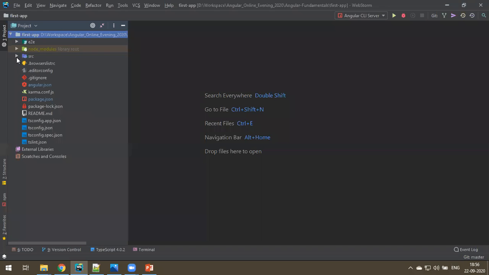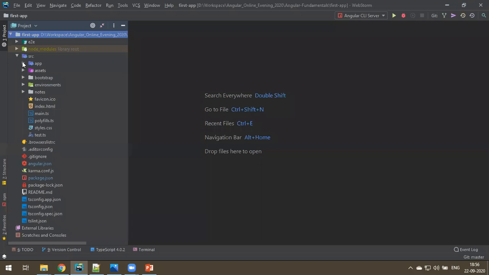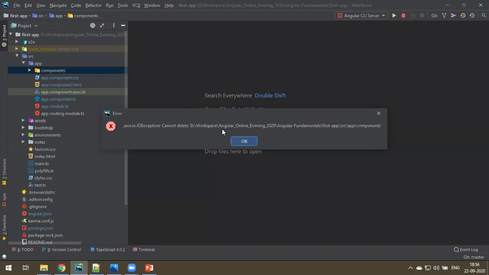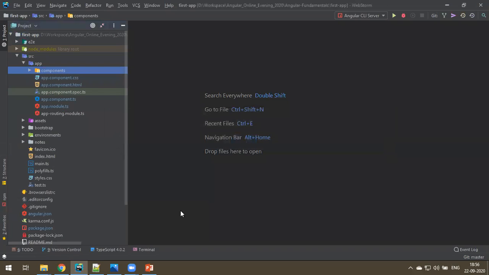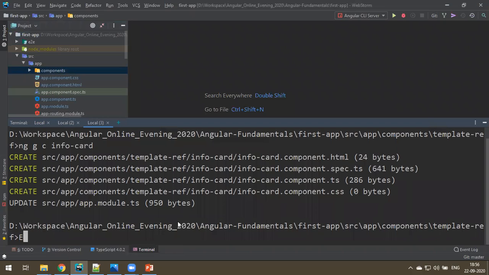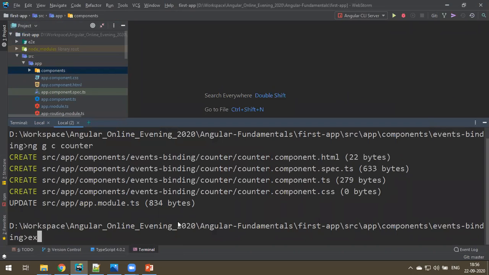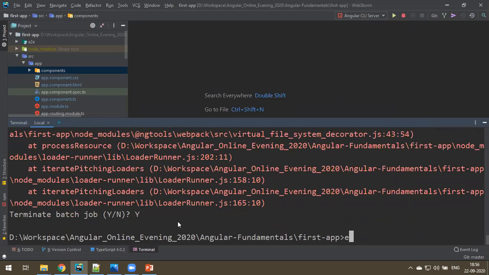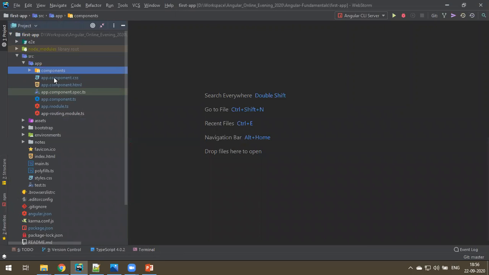Now what I do is I delete this components folder, I don't want it. Let's clear it. Okay, it says I have already opened something in that location. Exit. You get the error because you're trying to delete something unexpectedly without stopping the server.